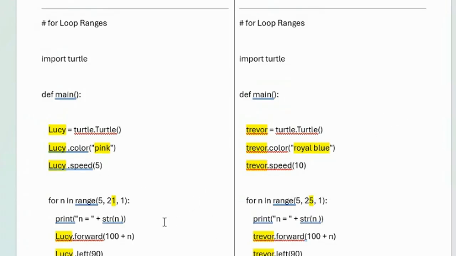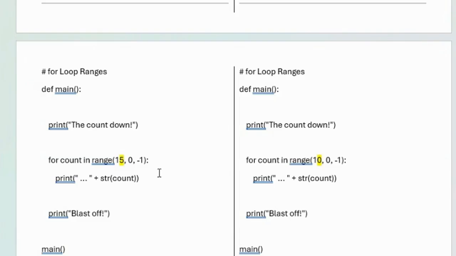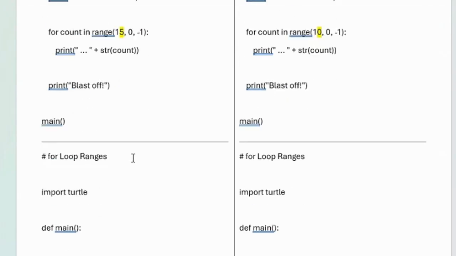So you didn't write any code there. You're just like, I'll just change things. Just change a couple things to make it look different. Here, instead of counting from 10 to 0 on the countdown, you just count from 15 to 0. You changed one number. You changed that 0 to a 5. Otherwise, that's the exact same program in the lesson.